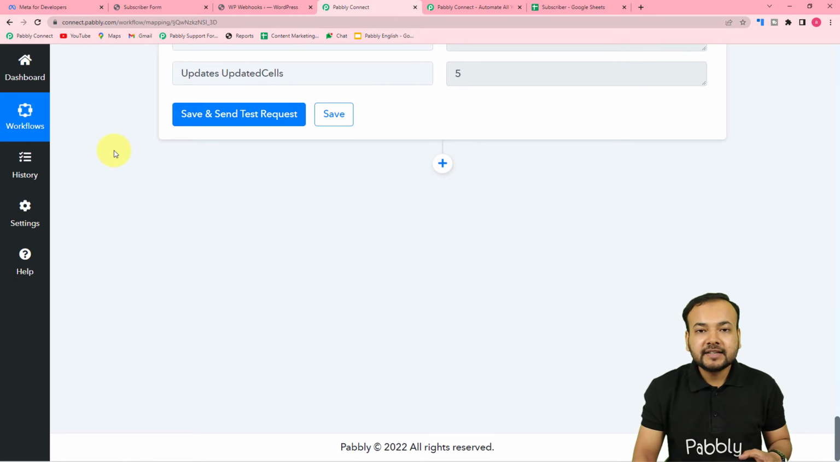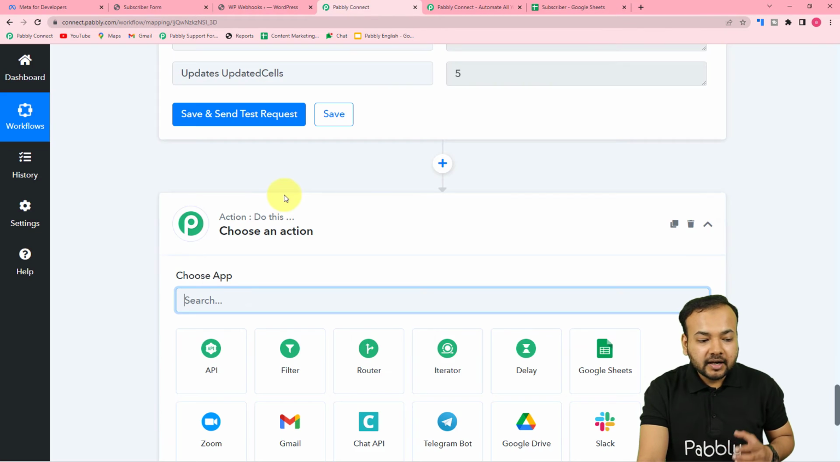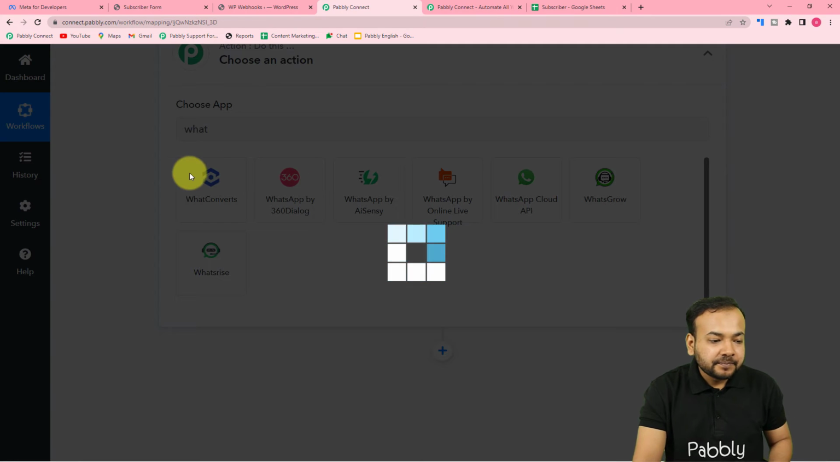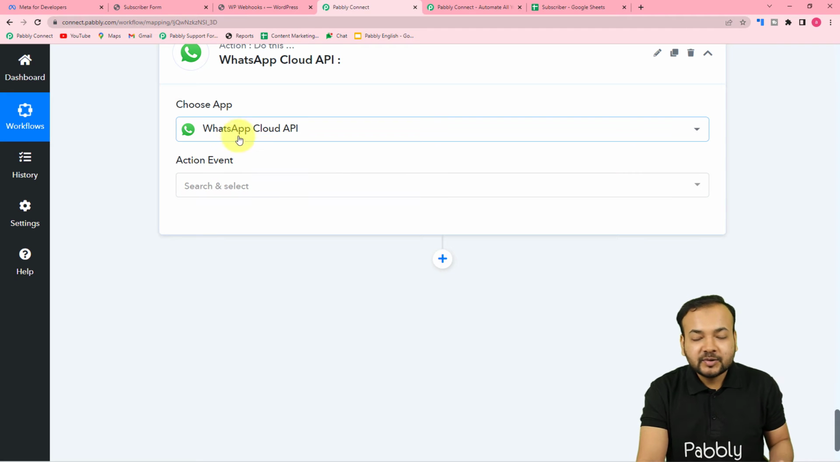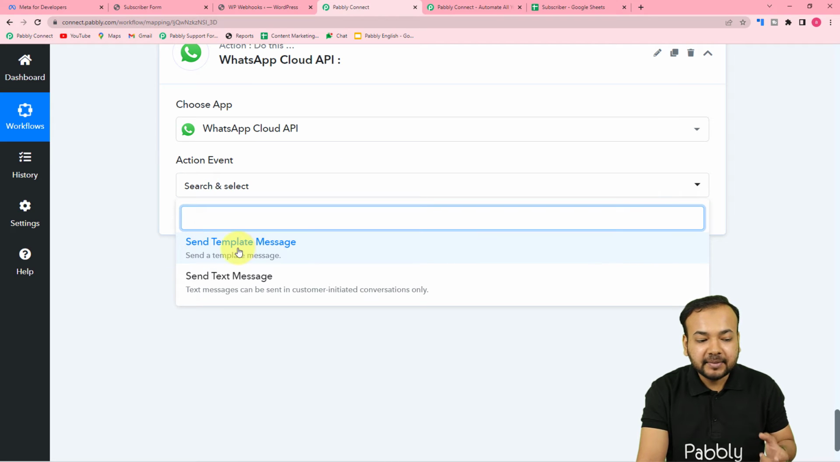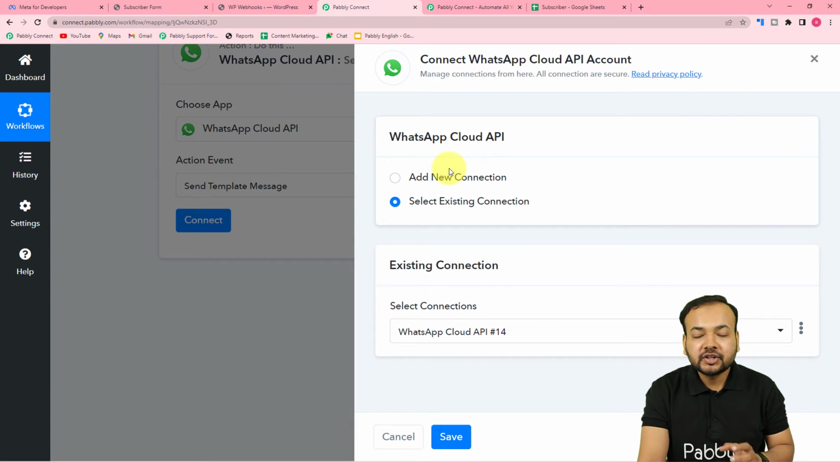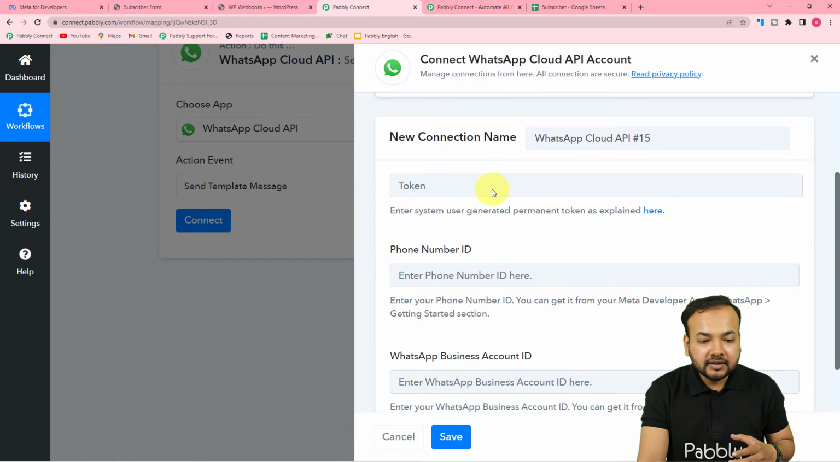Now guys, I want to send this coupon code to the same subscriber on his or her WhatsApp. For that to happen, just click here on this plus icon, and from this action step search for WhatsApp's Cloud API. Okay, so to send messages on WhatsApp, we are using Cloud API setup, and here in the action event you have to select send template message option, then click on connect, and from here if you're making the connection with the Cloud API setup for the very first time, select add new connection, and here you can see you can rename this connection from this field. Okay, you can give a name to this connection,